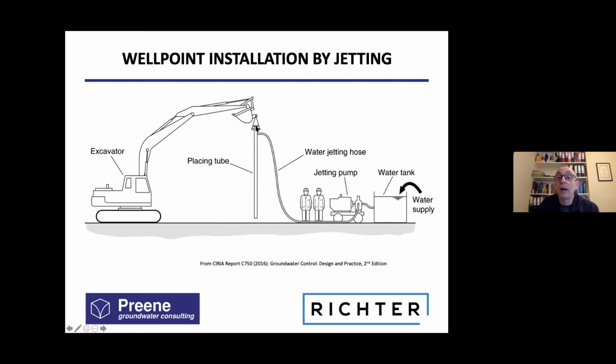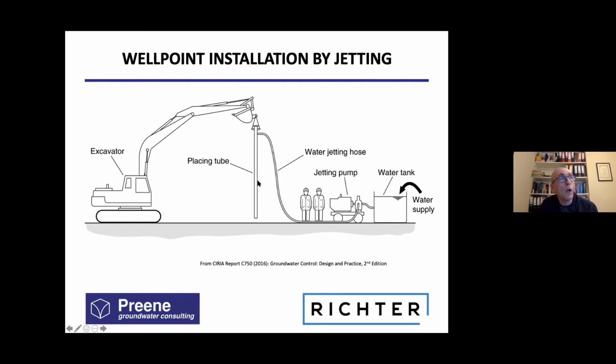The top of the tube has a cap on it, so that when we pump high pressure water into this jetting tube, the only place the water can come out of is the bottom of the tube. The excavator then lowers this placing tube into the ground, and the combination of the weight of the tube and the aggressive jetting action of the water will, in favourable conditions, wash this tube quickly into the ground. And so if you're in a fine sand, like we saw in the last picture, a 6 meter long jetting tube will wash into the ground in round about 30 seconds to 1 minute, very, very quickly, much quicker than